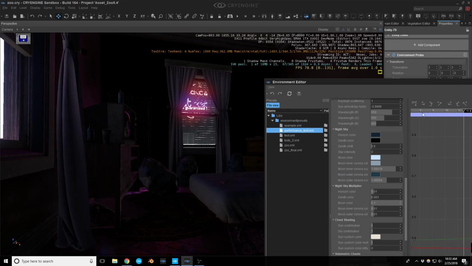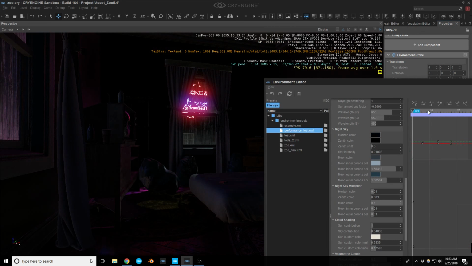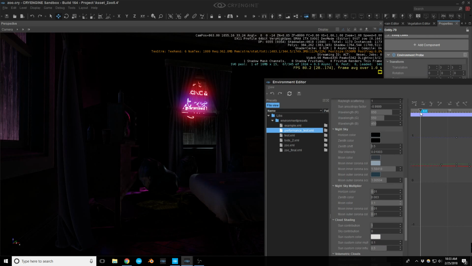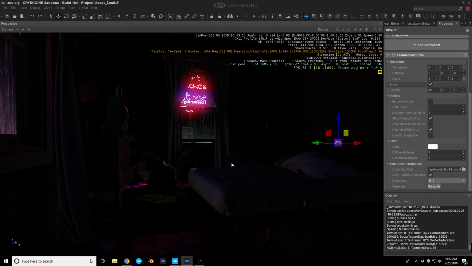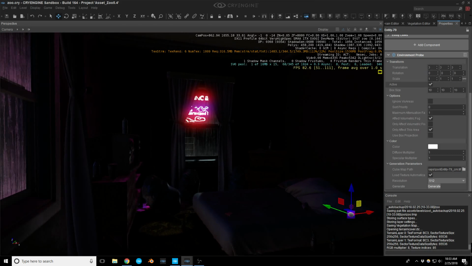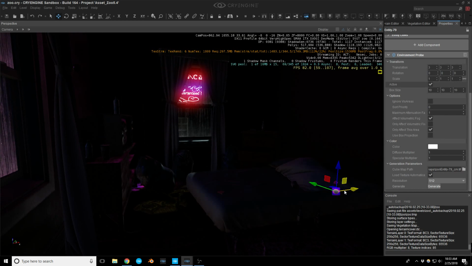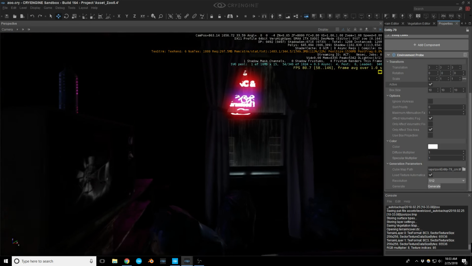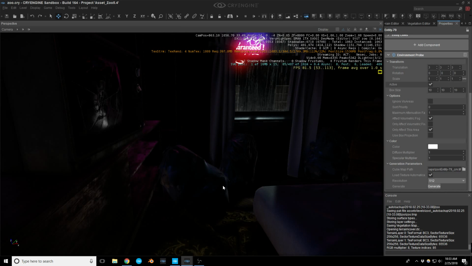But let's go to nighttime. I'll bring this down all the way to 0 here. So I'm going to keep it there for now. Okay. One thing to note about the environment probe is sometimes I like to turn down the specular multiplier, because it's tough to